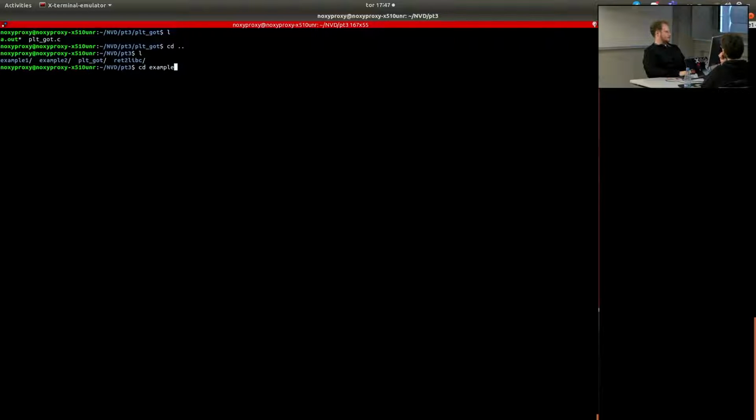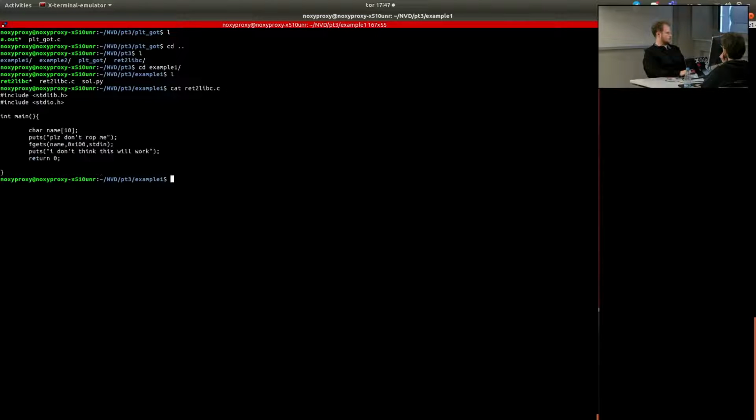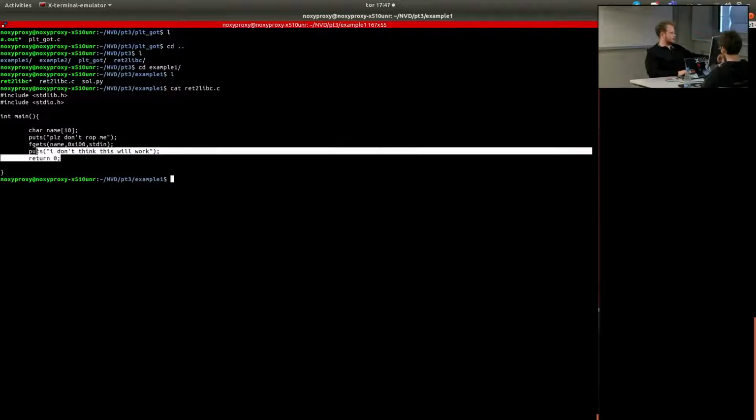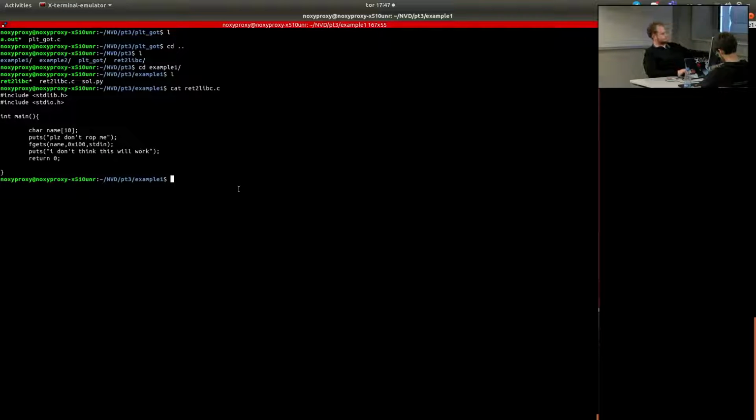Now the fun part. Now we'll take a look at ret to libc, our newly acquired skill. So we have a simple binary that all it does is read a character buffer of 10 bytes, and then reads a lot of data, 200 bytes, and just a random puts after it. So if we run this and put some data in,